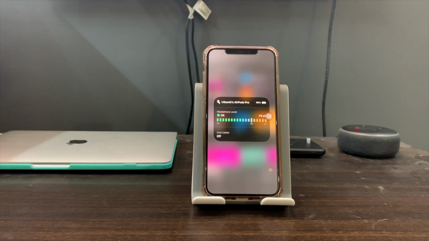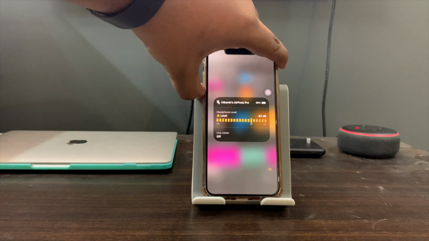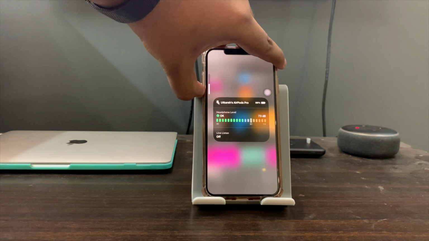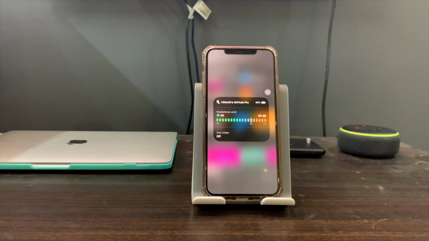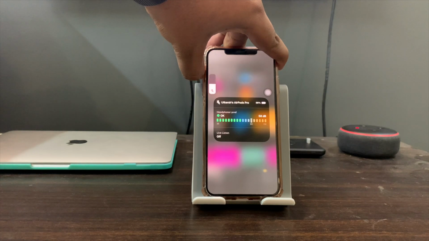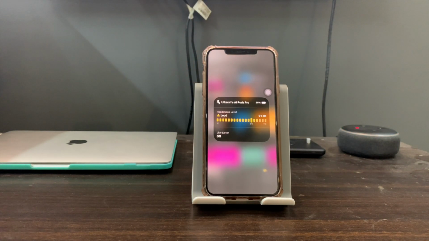For now it is saying that my headphone level is okay, and I can also see the exact decibel for the sound. So now my music is too loud, maybe I should decrease the volume. When I decrease the volume, it is showing me that my sound level is okay. And when I increase my volume to full, it is telling me that my sound is loud.